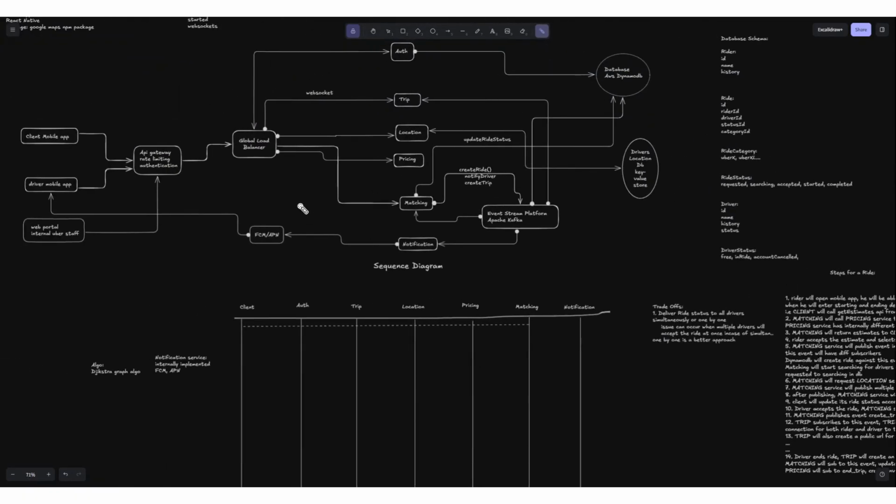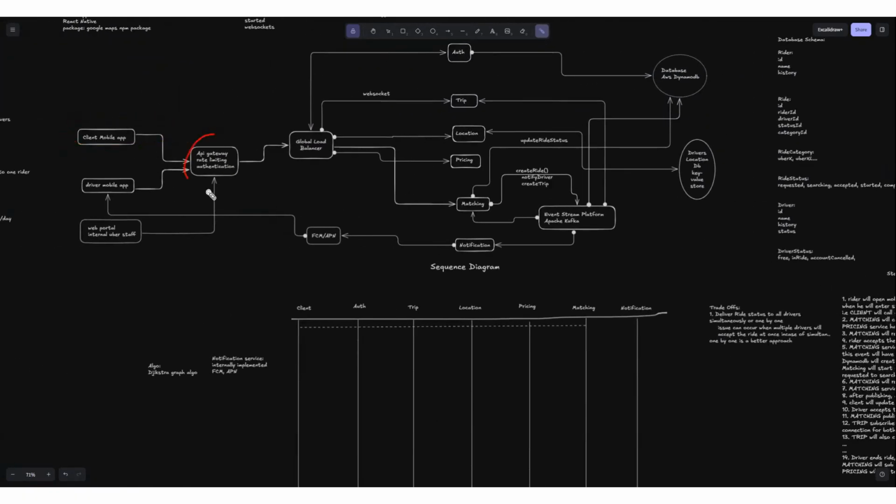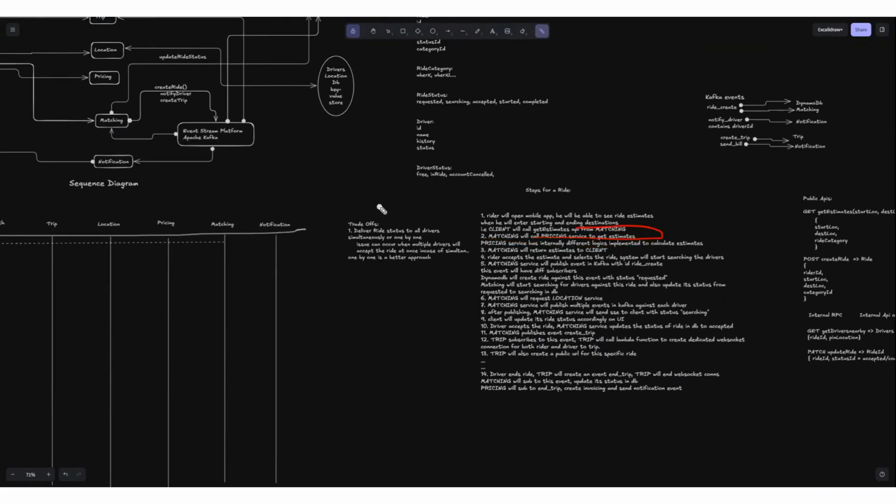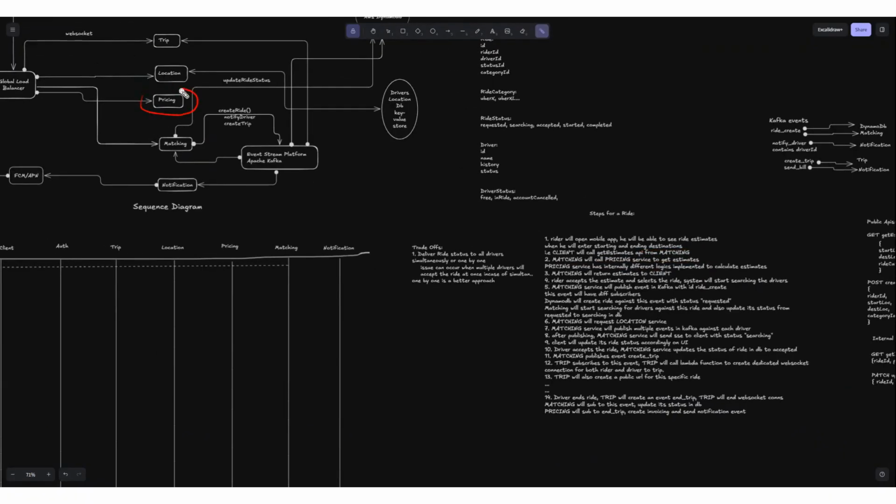And what will happen is that this is our client, and via the API gateway and via the load balancer, this get estimates API will be called, and it will be navigated to the matching service. So the matching service will receive that get estimates API. What it will do further, the matching service will call the pricing service to get estimates. We have handed over this whole functionality of estimations, getting the locations, estimates, these business logics. If we need to integrate anything further, it can be different for different countries based on the traffic.